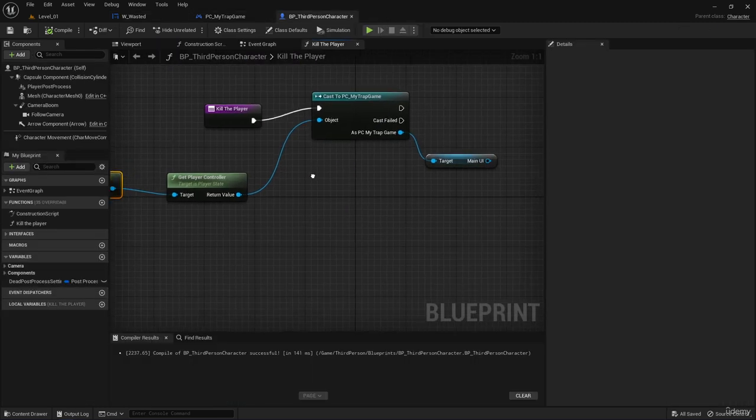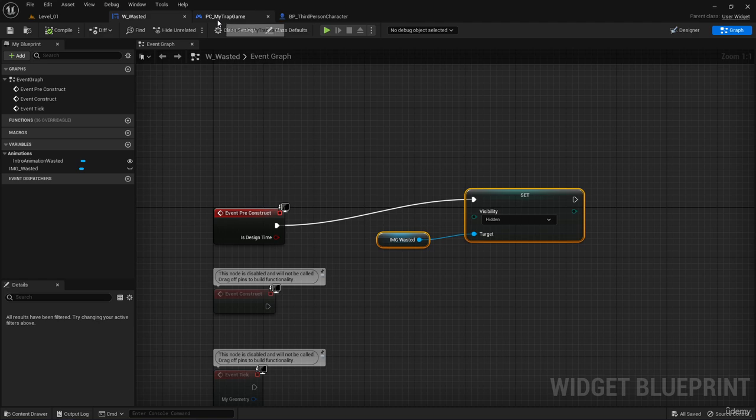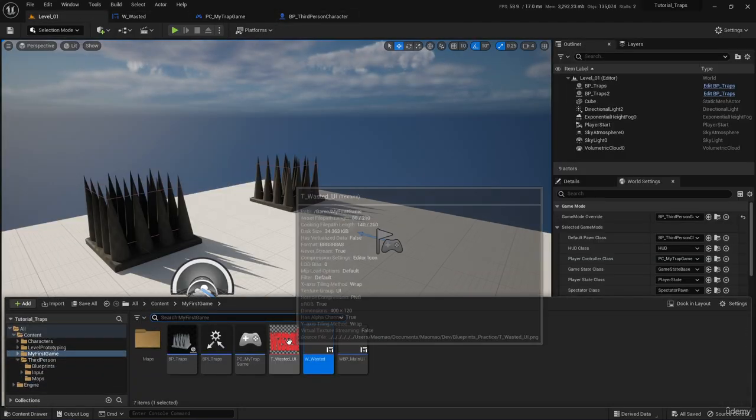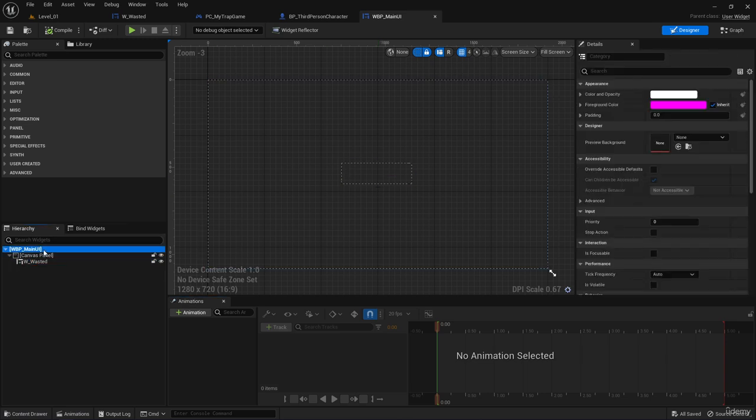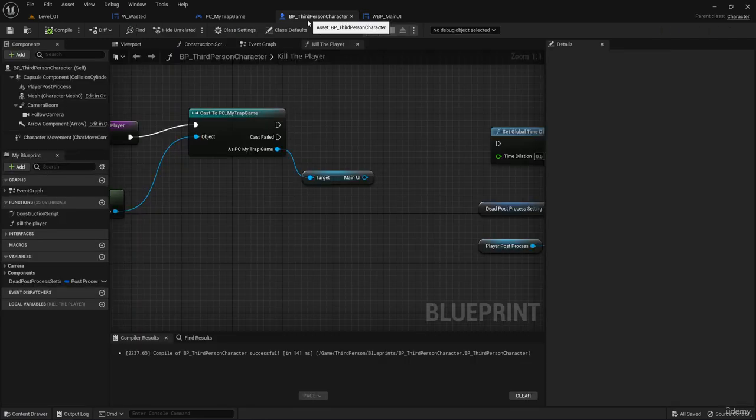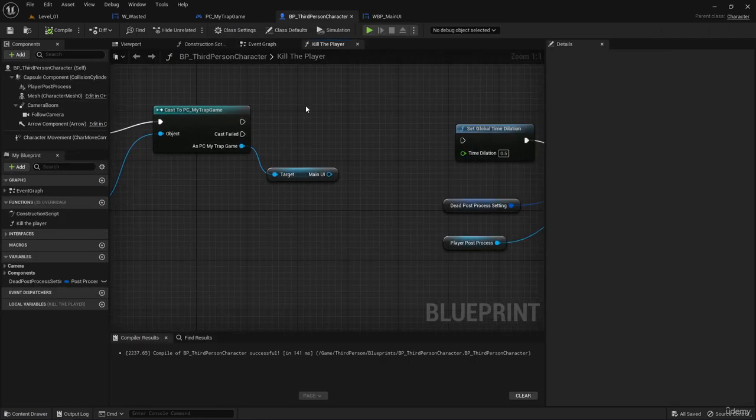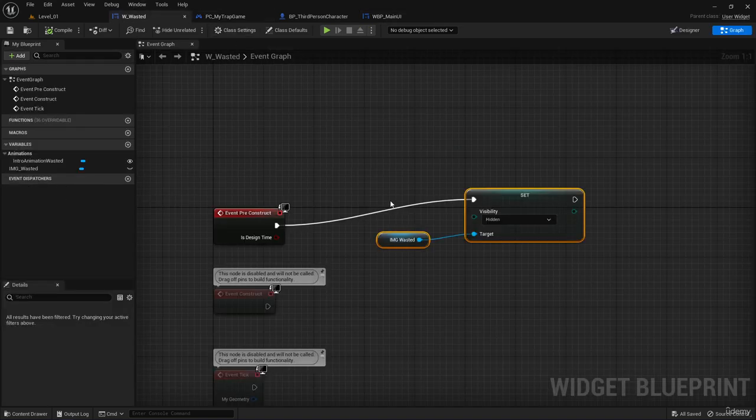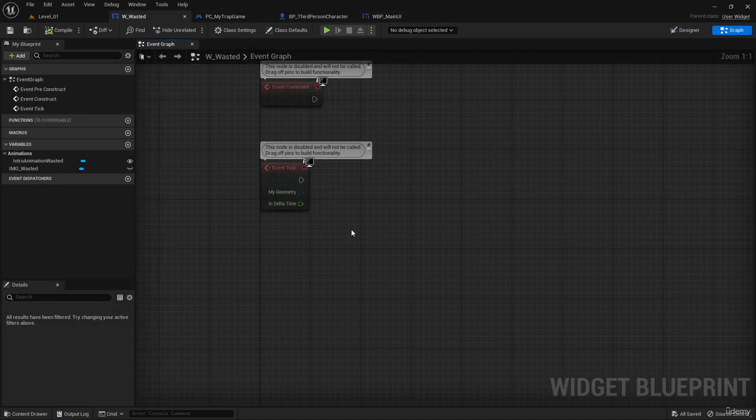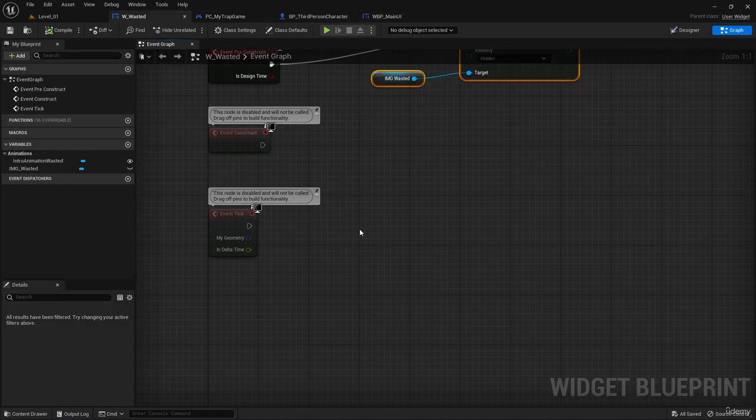We cannot call this one here. We need to call this menu here, the main wasted UI. Okay, and by default the visibility is off. So what we want to do is to go here to our wasted here, and let's create a function we can use here. So what we can do is basically create a new function,